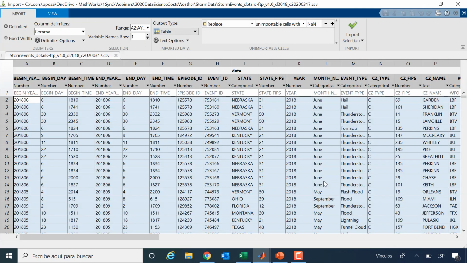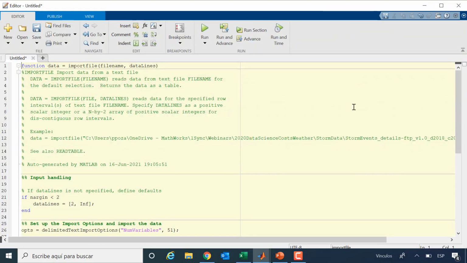The other thing you could do here is you can say generate function, and MATLAB is going to generate a function that will read this file for you. You don't have to go and write yourself the read table instruction. So all these things that you see here, all these rows, are for robustness. All the algorithms in MATLAB are very robust in the sense of if you create an import file, which is a function that will read from a file, what happens if you call it without providing a file name, for instance? It could break. So MATLAB always avoids this. So this is all the error checking that you can see here.